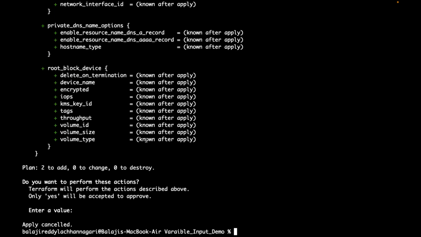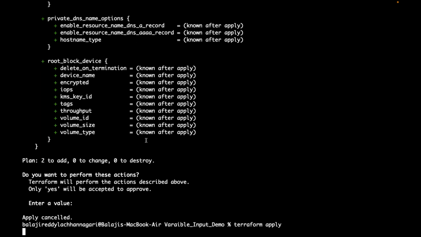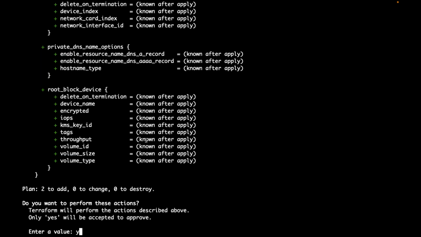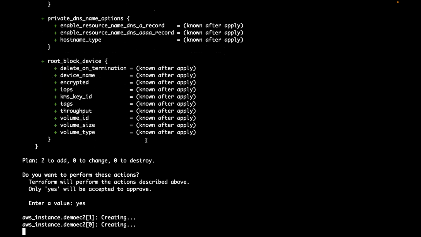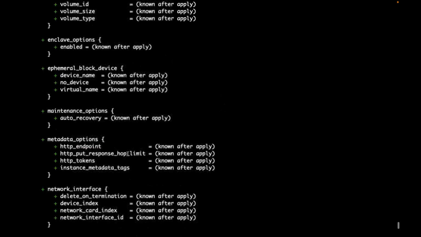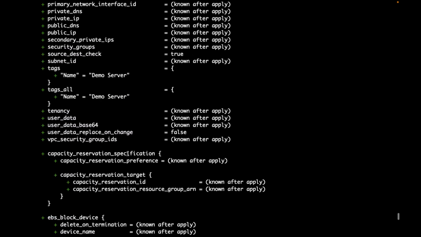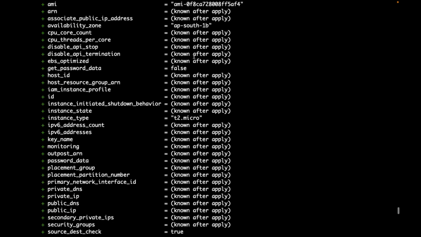As per those values, Terraform apply. Let me say yes, or you can use auto approve also. As per those values, whatever I have set using the environment, is Terraform using those values for those variables? You can see, right? Two instances are getting created as per whatever variable values I have set in